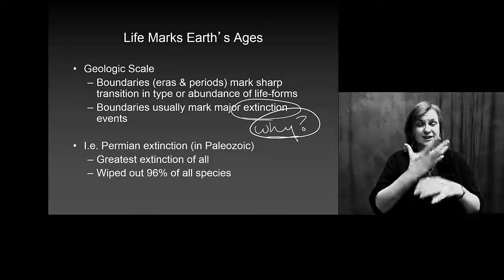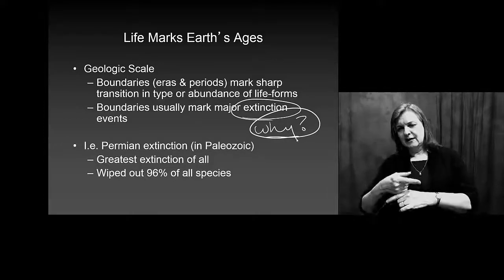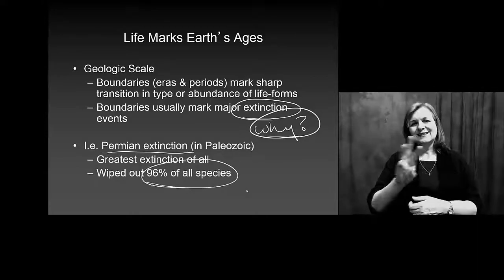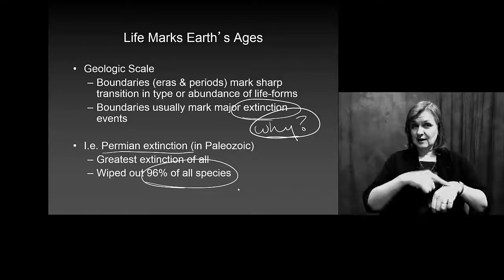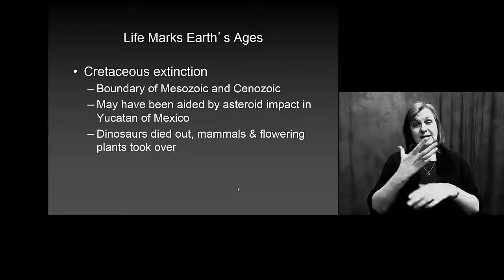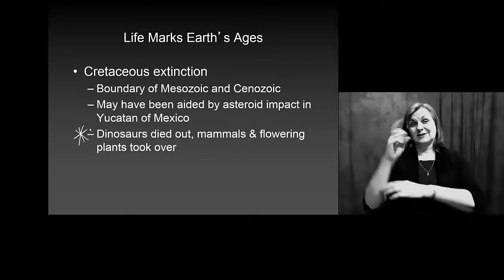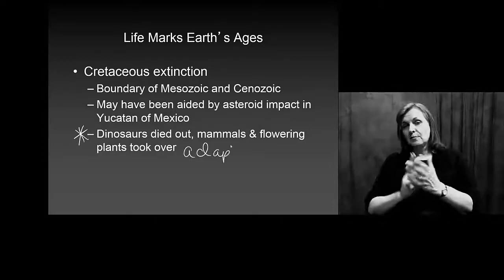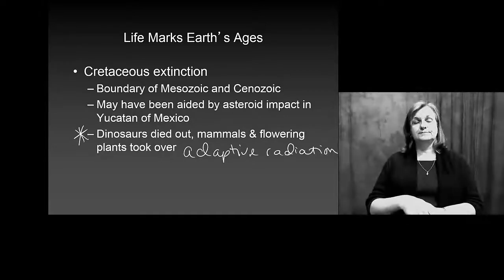What are they going to produce for us that we would be able to study today? The Permian extinction is one we'll mention a lot. It actually wiped out 96% of the species that we think were present on the planet at that time. That's a big extinction event, right? The Cretaceous extinction is one that you may be familiar with because this is the one where we lost all of the dinosaurs and allowed mammals and flowering plants to go through an adaptive radiation event that spread them across the entire planet.